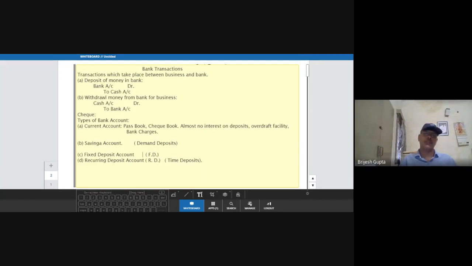This is very important. I'm making you aware now: you are in 11th standard. So when you come to the 12th standard and go out of the home for studies, you will definitely need a bank account, because your parents would like to give you your own ATM card or account so they can transfer money into your account.